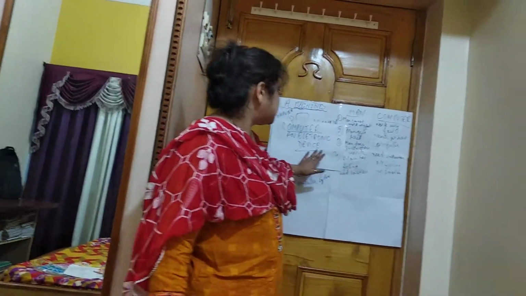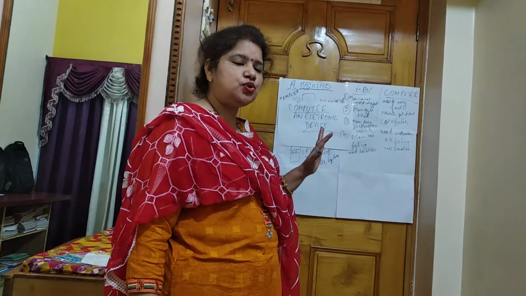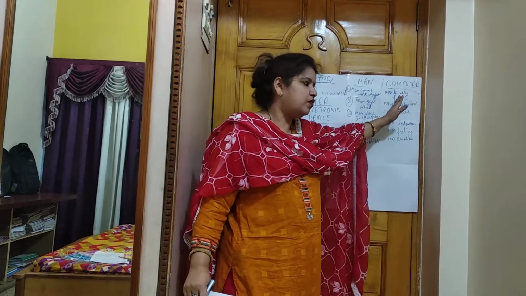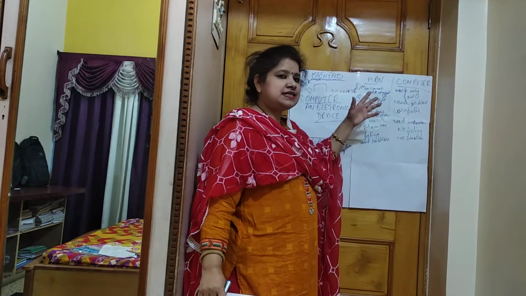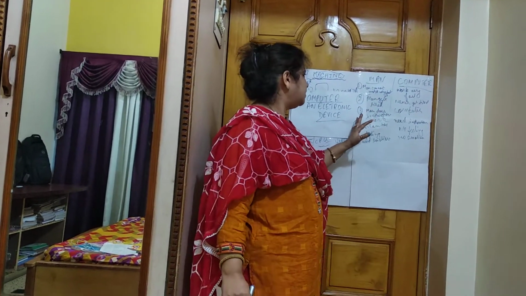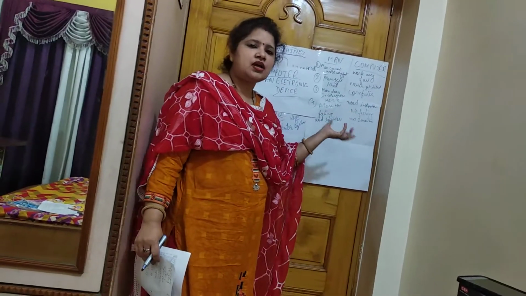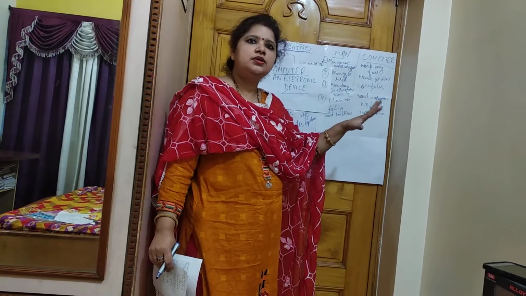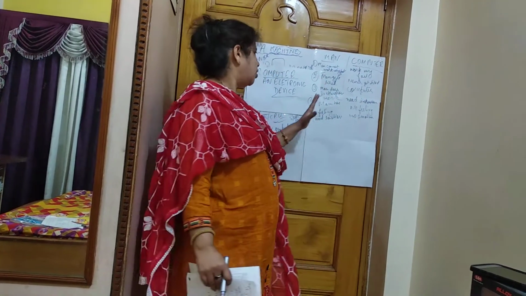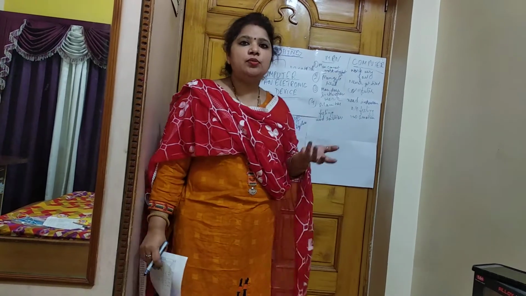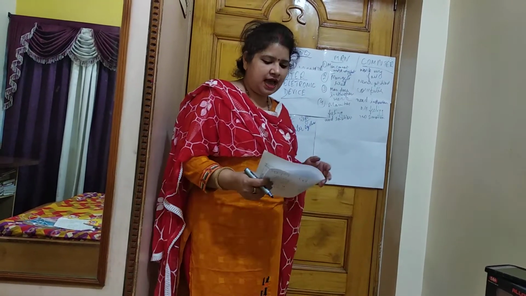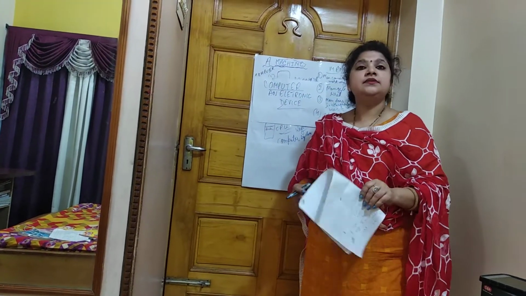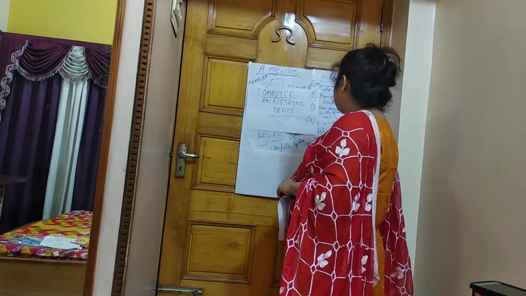So these four differences we have learned, children. I hope you have understood properly that man cannot work very fast, whereas computer can work very fast. Man gets tired, computer never gets tired. Man does not need anybody's instructions or orders to perform any work, whereas computer needs instructions, orders to do any task. Then fourth, man has feelings and emotions, whereas computer does not have any kind of feelings and emotions. Then the last difference is